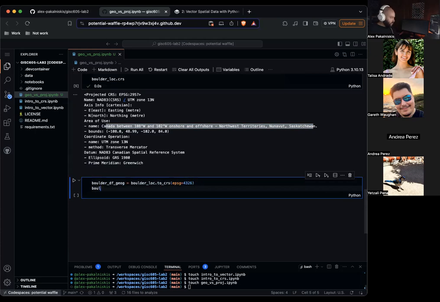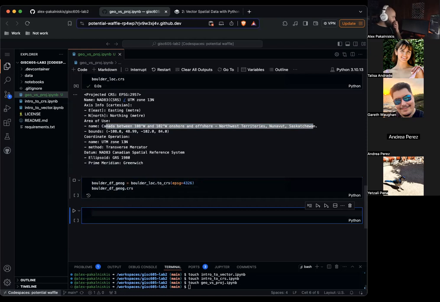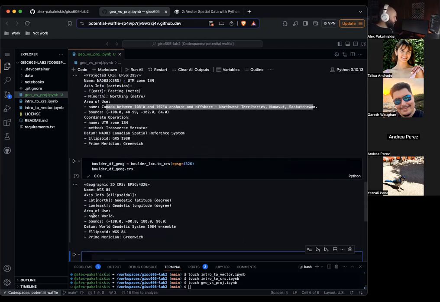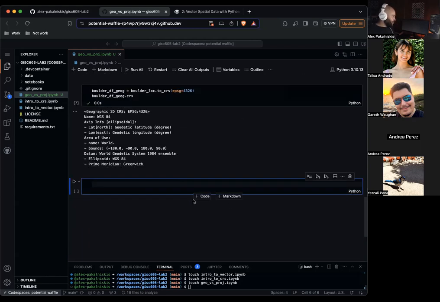And then we'll do Boulder df geog.crs. And now you can see that it's representing the same area, but using entirely different units, slightly different information displayed because the geographic coordinate system is global. They're not going to say that it's used for specific parts of Canada or whatever. It's like the whole globe. So just something to note.